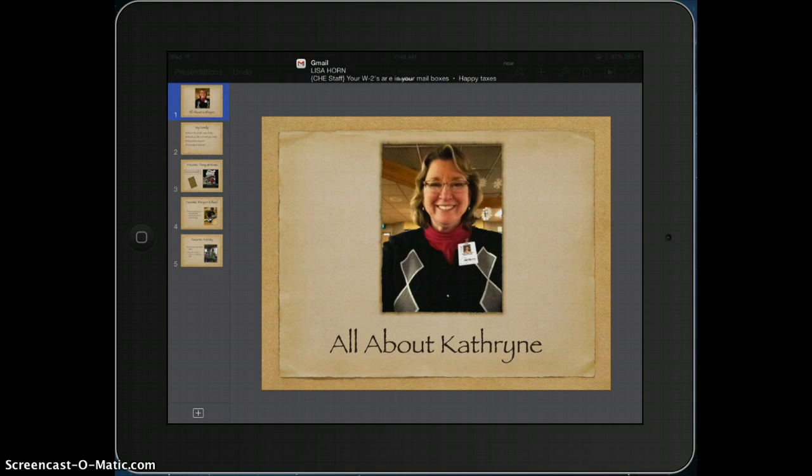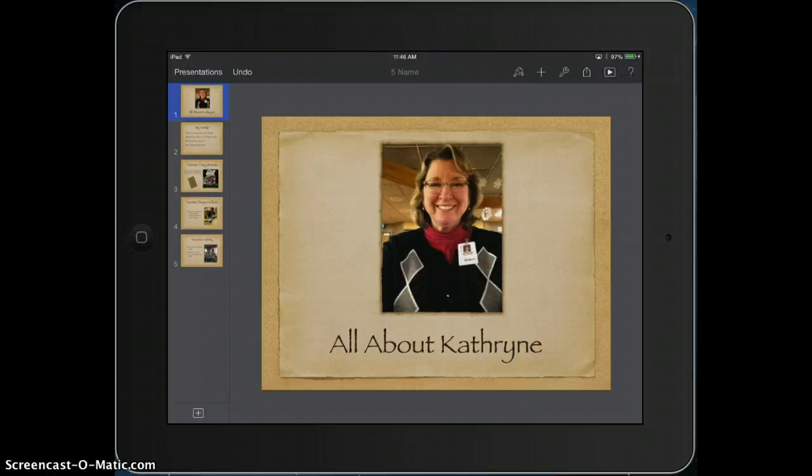Okay, so in the last lesson we talked about how to put in your words and how to put in your pictures. I have gone ahead and done that with all of my slides. Now the fun part is to put transitions and builds on your slides. Transitions means to go from one slide to the next. And in order to do this,